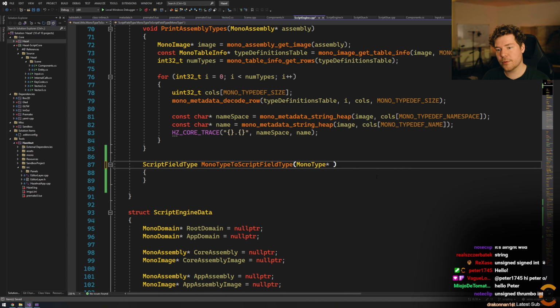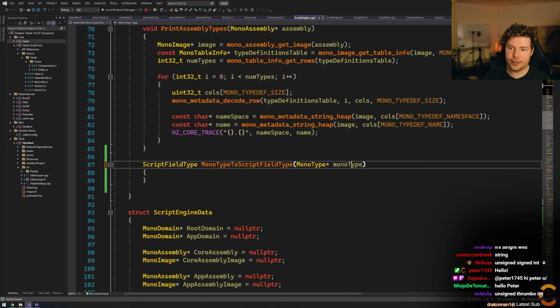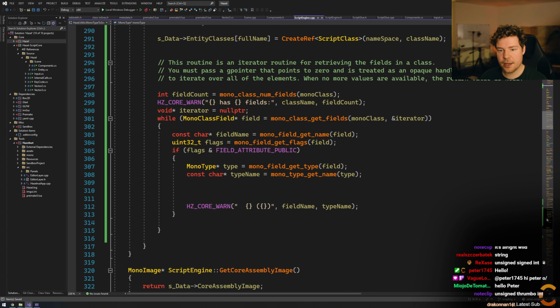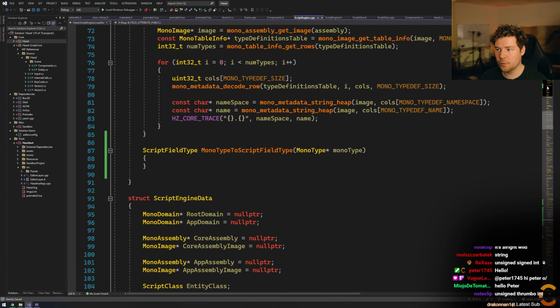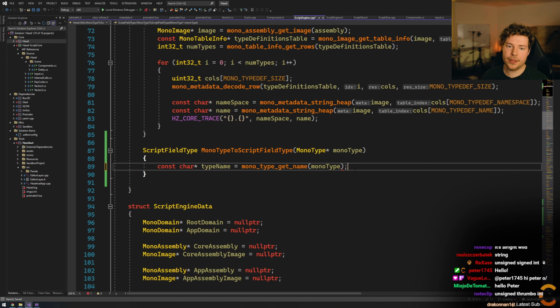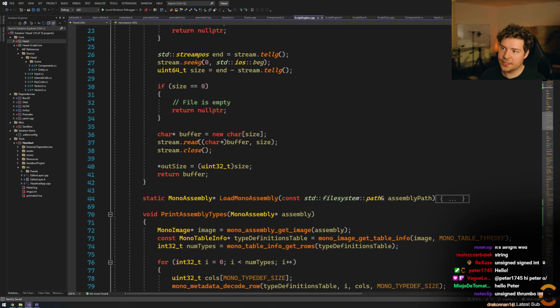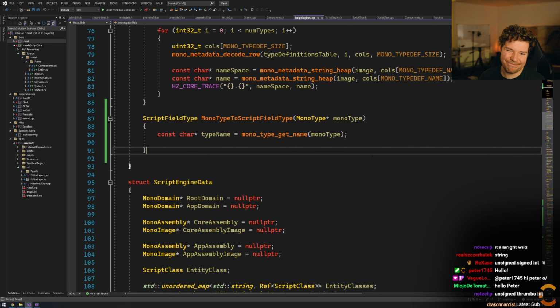Well, no, if we wanted to, we could actually just take in a monotype to make it even easier. And then we can grab the type name from the monotype, and then we could do basically a little